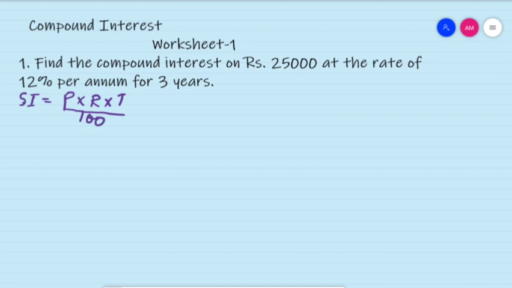You will have to keep in mind that for finding compound interest, every time we will take T as 1 year. That means we will not calculate interest using T is equal to 3 directly, since we are not calculating simple interest, we are calculating compound interest. So we will be calculating I1, I2, I3 separately. Interest for the first year, interest for the second year, and interest for the third year. All three will be calculated separately.